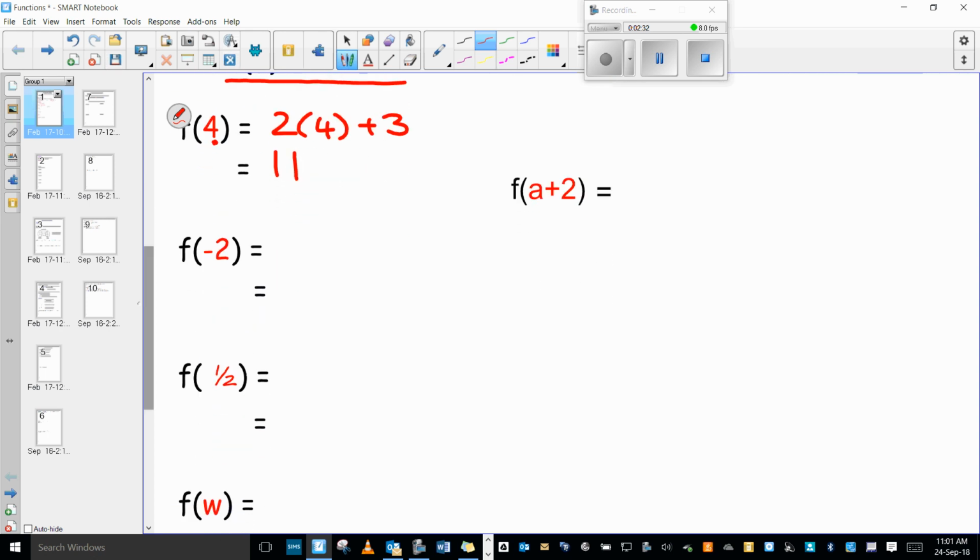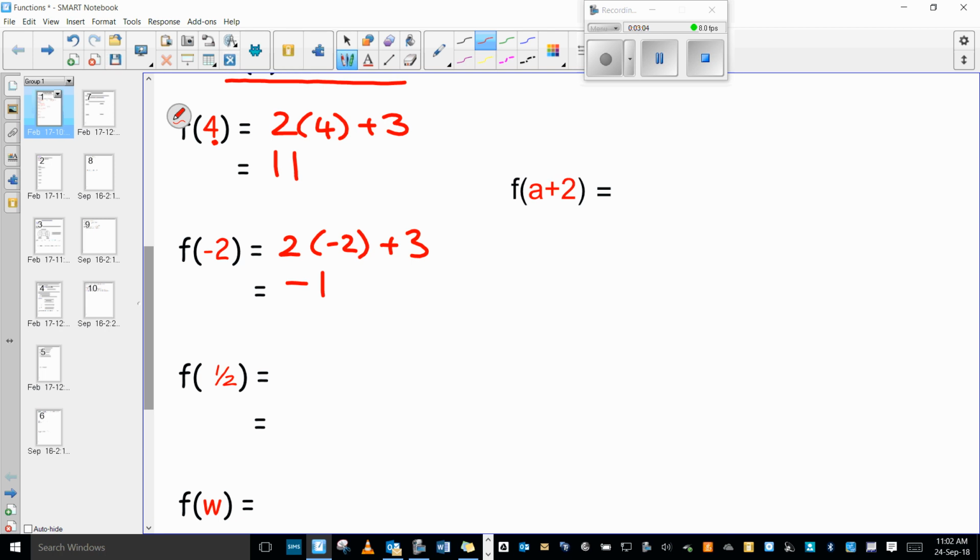No rocket science. What would we do, Lily, for this next one? Yeah, 2 lots of negative 2, plus 3 is negative 1. Okay. The next one, we've got f bracket a half. So what's the point of